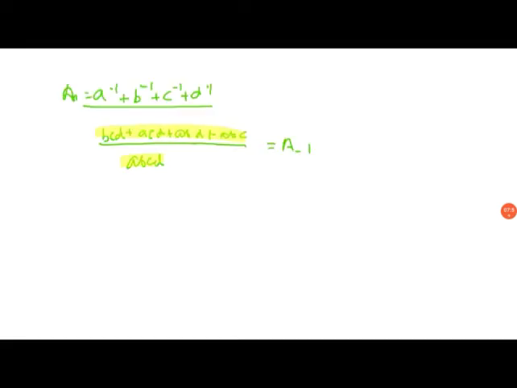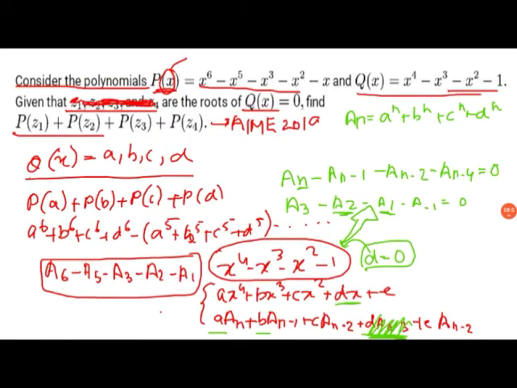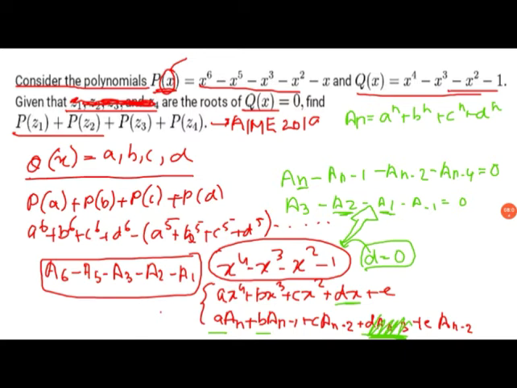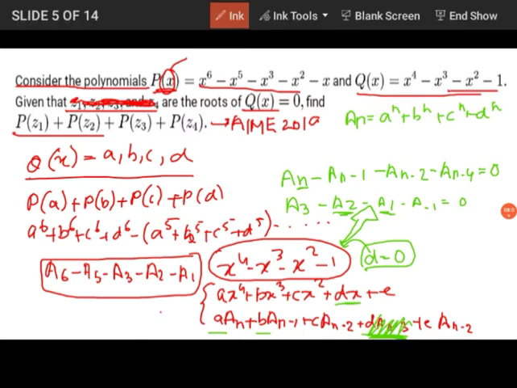Now if you have the value of a_(-1), you also know this one. You also know a1, which is just the sum of the roots. You also know this value, and hence you will get this a3, correct? Now you have the value of a3. Now again,